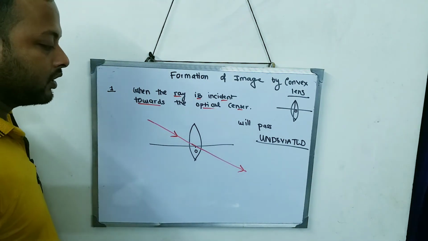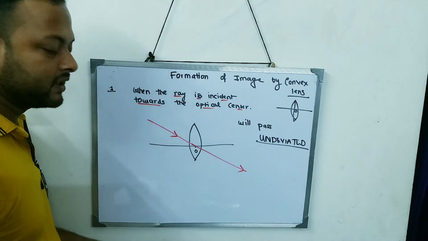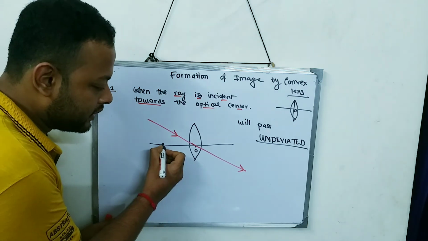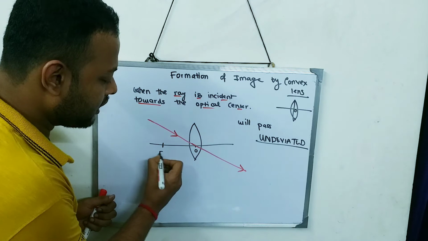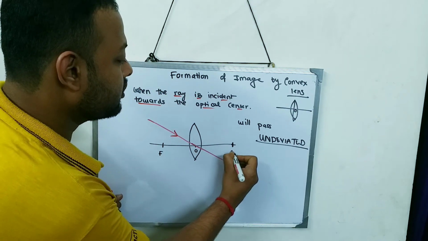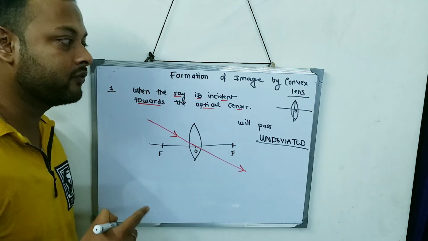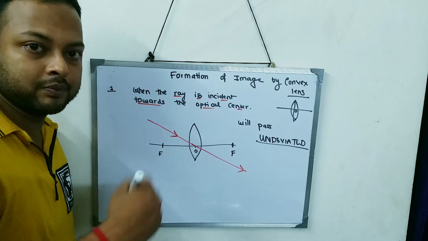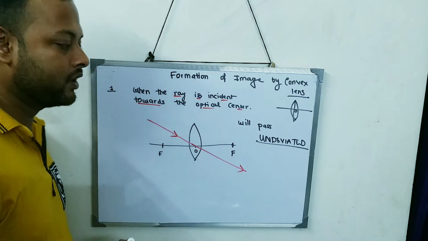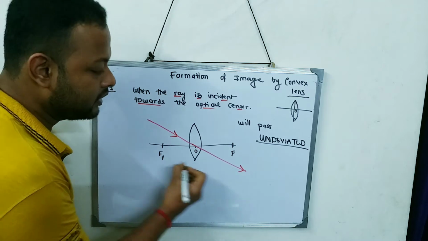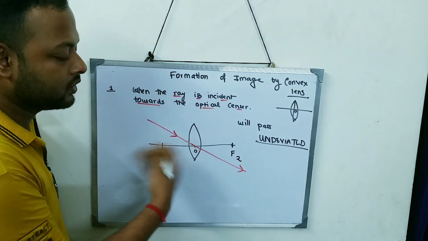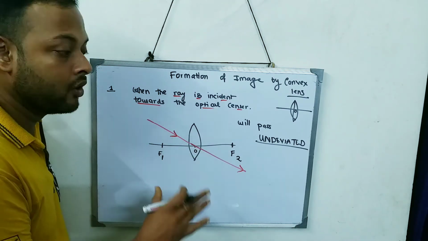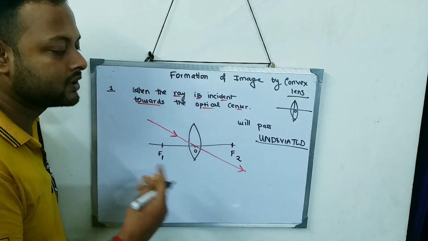Now I'm just explaining, this is a convex lens. In a convex lens we have two focus. Suppose I take this as the one focus and this as the second focus. Now which one is f1, which one is f2 for a convex lens? It is very, very important. I think I have explained in the previous lectures where is f1 and where is f2. The f1 is over here and f2 is over here. So f1 is on the left hand side and f2 is on the right hand side. You have to memorize this for the exam, which side is the first focus and which side is the second focus.